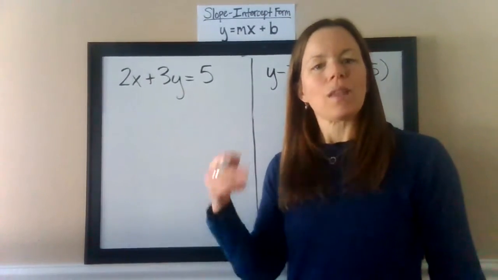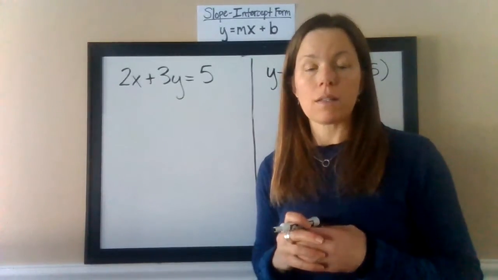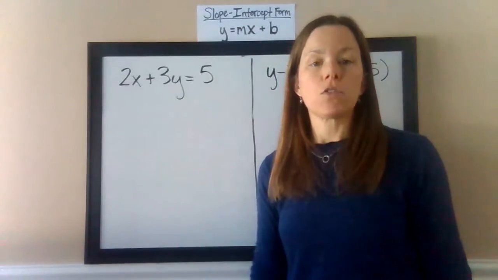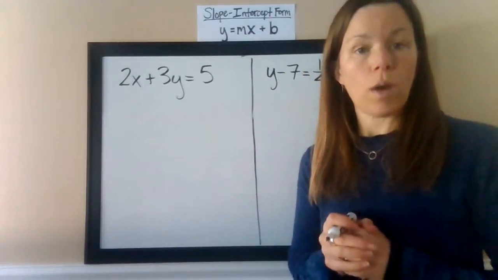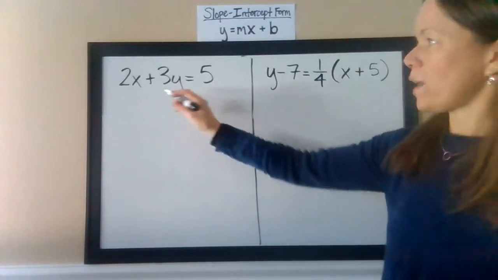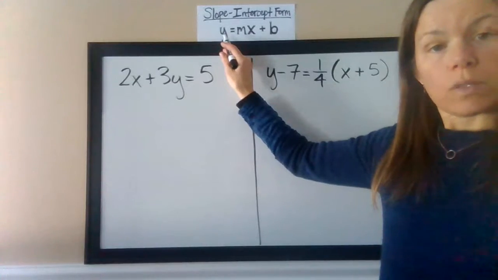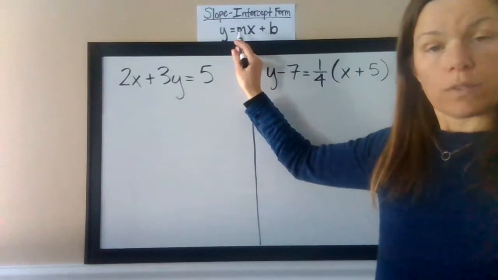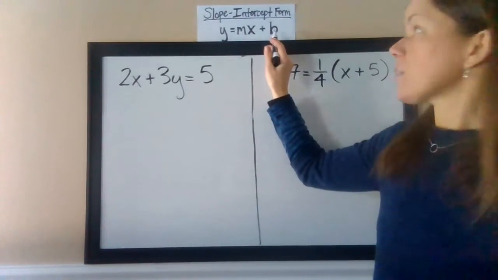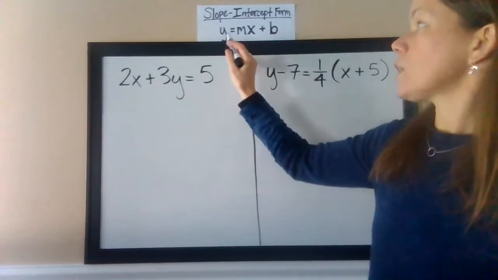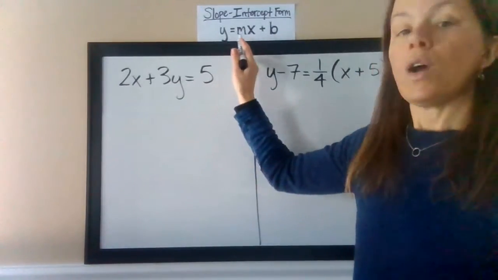Hello, algebra. Let's check out how we take an equation with an x and a y in it, in any form, and put it into slope-intercept form. So we're just going to manipulate the equation, doing what we already know how to do with equations to get it into the right form, where for slope-intercept form, I want the y in the first position, y equals, then the equal sign, then the x term, which would end up with the slope, and then the constant, or the plain old number. So I'm looking to try to put this 2x plus 3y equals 5